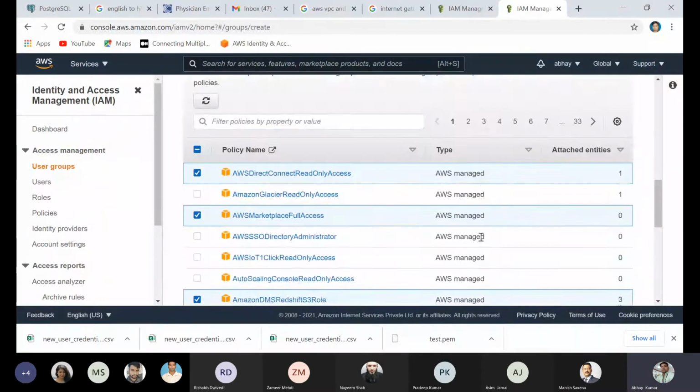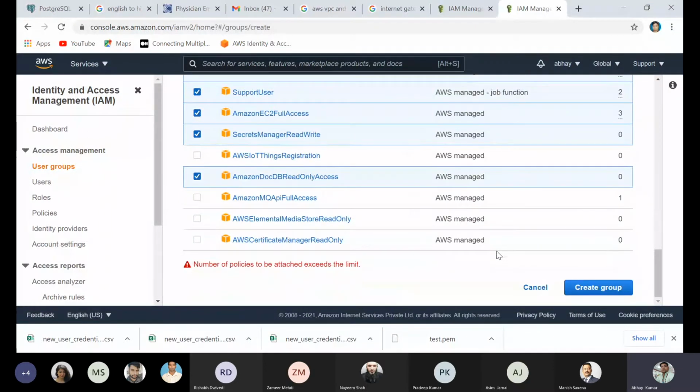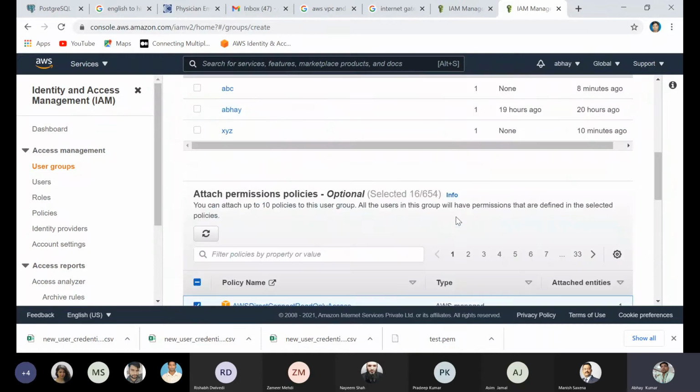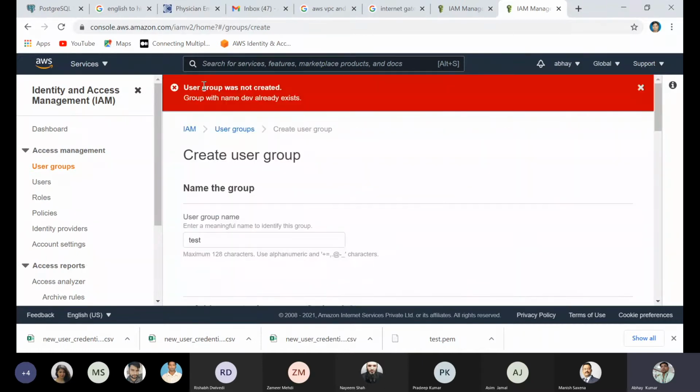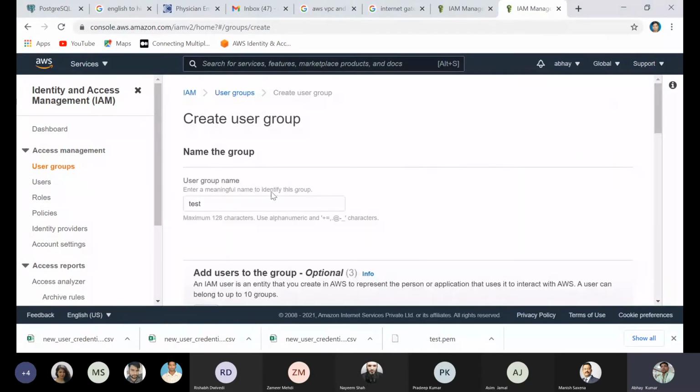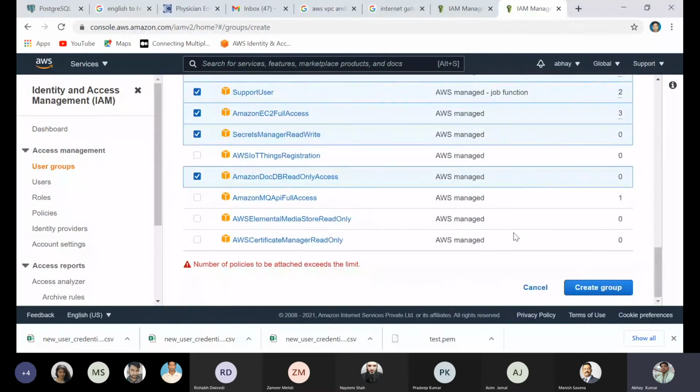The dev name was the only conflict, so I have changed this to test. Let's see what happens. It is slow.